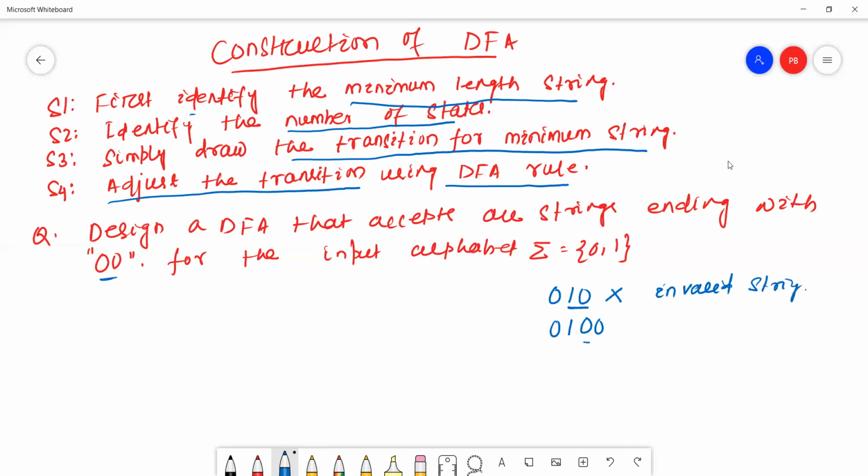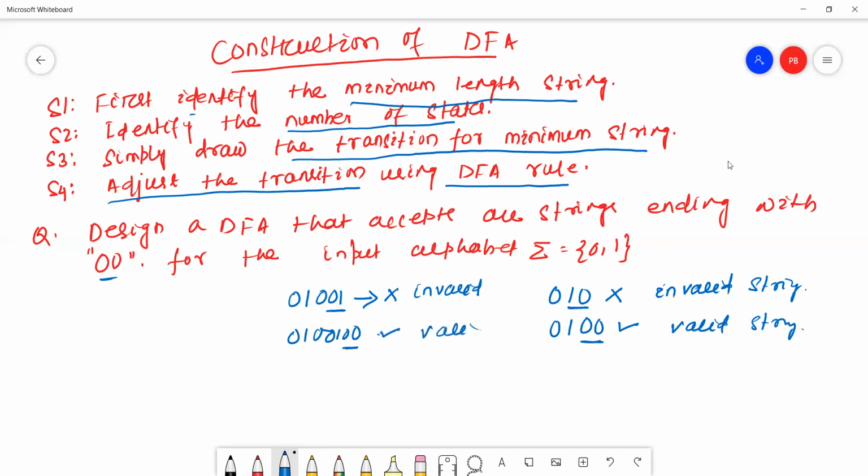Suppose 0 1 0 1. This string ends with 0 1, so it is an invalid string. Now 0 1 0 1 0 0. This string ends with 0 0, so it is a valid string. Hope all of you understand the meaning of the question.